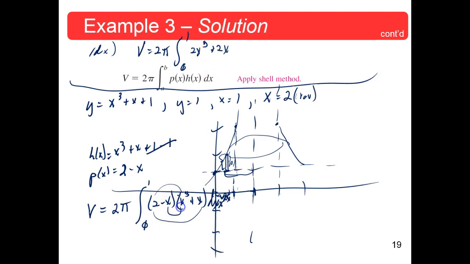And then the innards. Minus x to the fourth. And then your lasts. Minus x squared. I don't think we've got any like terms there. And then that's going to be times dx. So let's see what happens. Your volume is equal to 2 pi times,